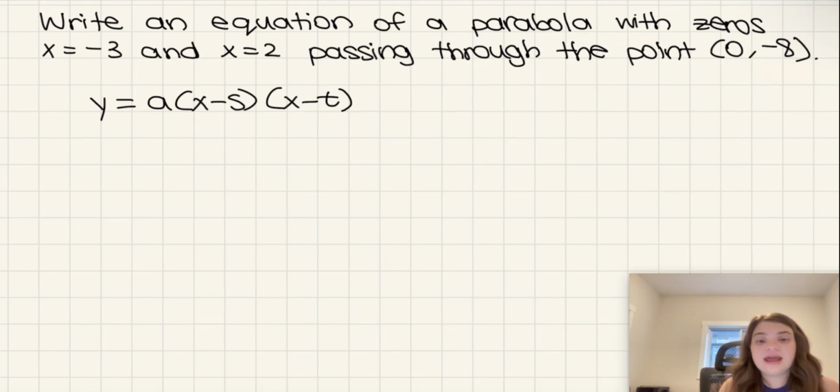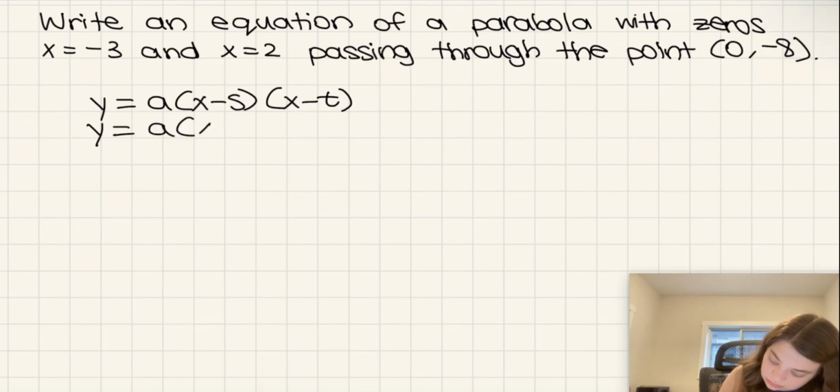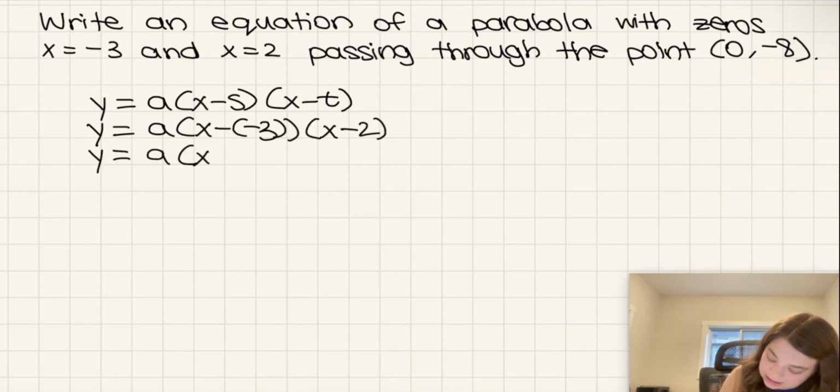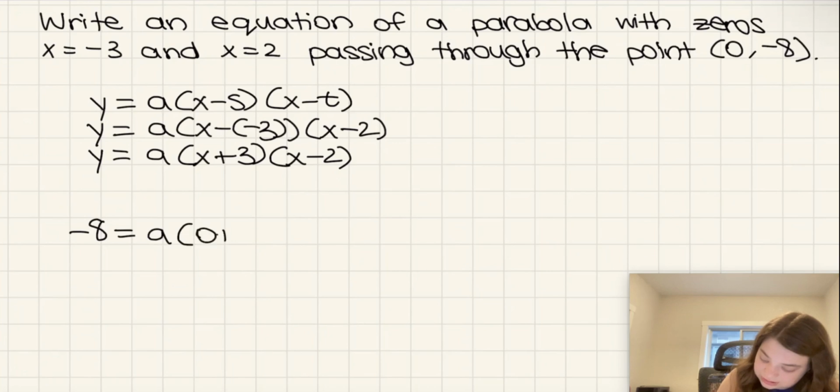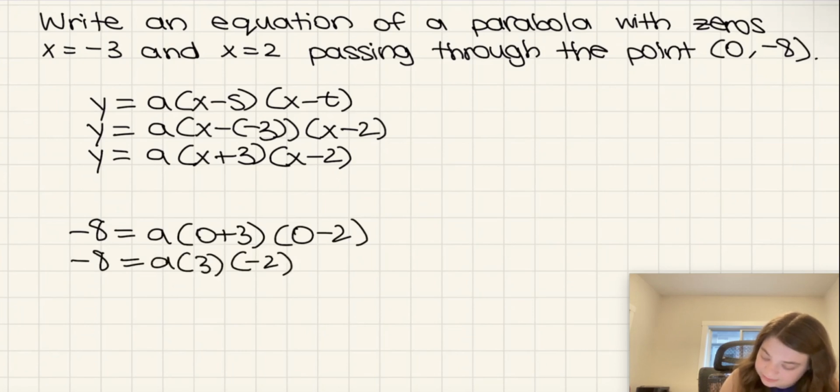Then I'm going to sub in -3 and 2 for s and t. Then I'm going to simplify x minus -3 to be x plus 3. Then I'm going to sub in (0, -8) as my point. So -8 is equal to a times (0 plus 3) times (0 minus 2), which means -8 is equal to a times 3 times -2, which means that